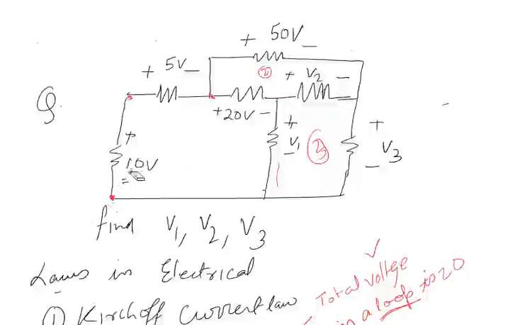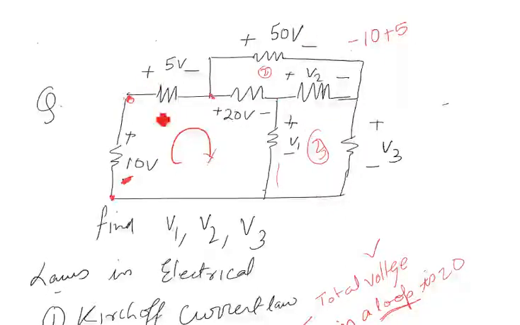I have already told you that whenever you put KVL, you check the first sign that is coming. So I am starting from here and moving from here. The first sign is minus, so I can write minus 10. Then I will leave this element. Then the next element that comes is this resistance. The first sign that is coming, I'm moving like this, is 5.